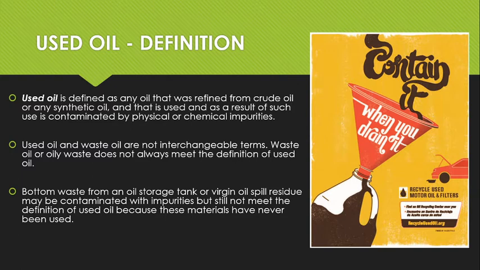Now we're going to kind of delve into a whole other group of types of waste. So this is all types of waste that don't fall into the hazardous characteristic or listed, or non-hazardous, class 1, class 2, class 3. So the first example is going to be used oil. So used oil is any oil